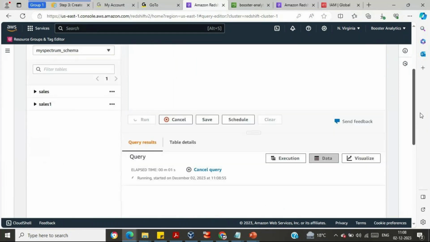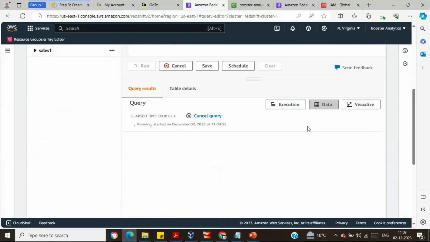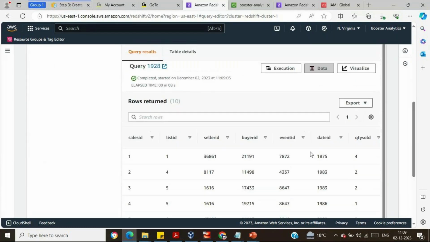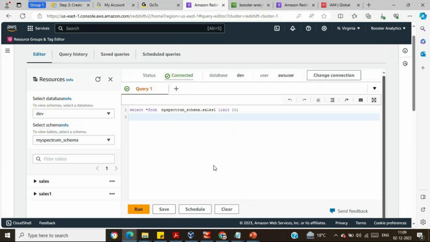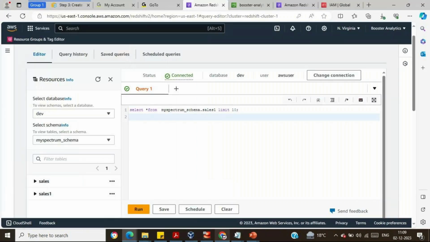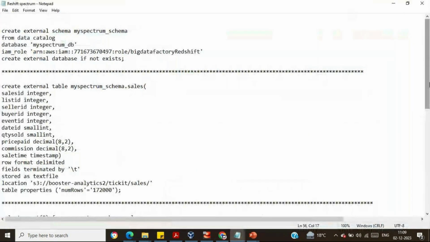The execution keeps on going, and now we are able to get the outcome. Previously we were not getting the outcome. What was the issue? We were facing issues because we had mentioned the file name here. We just need to mention the folder which contains the file, and you will be able to query that particular data. Now, the important thing that I have mentioned in our previous sessions is that